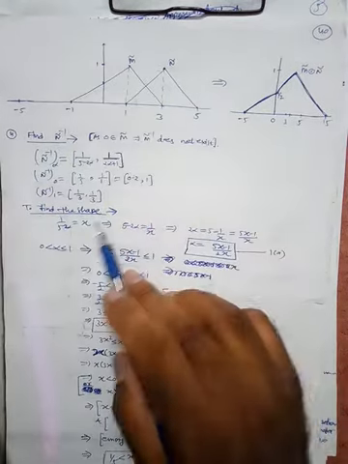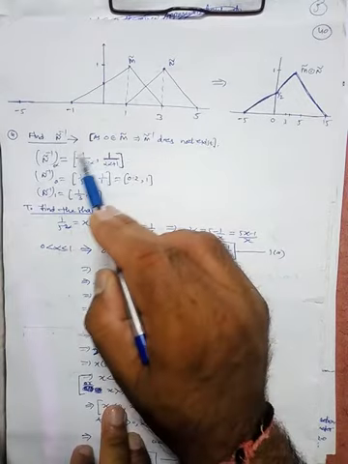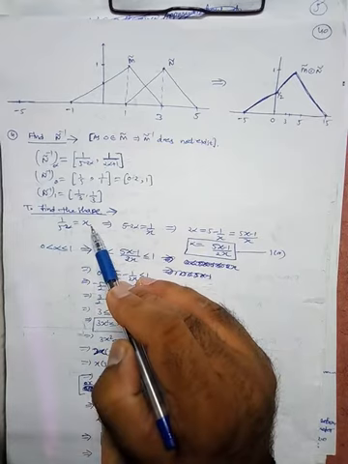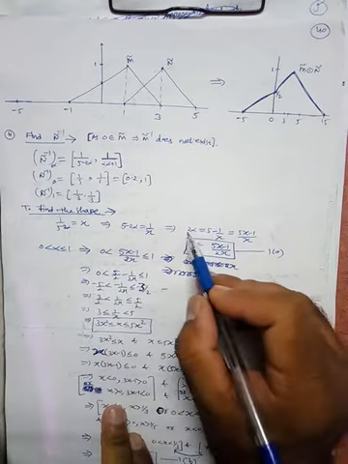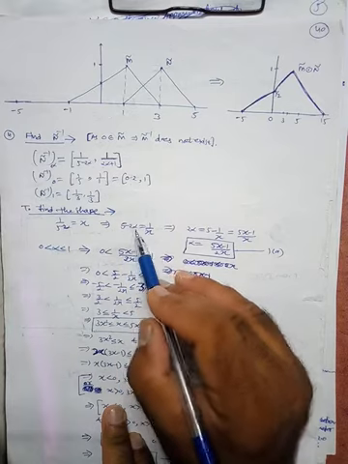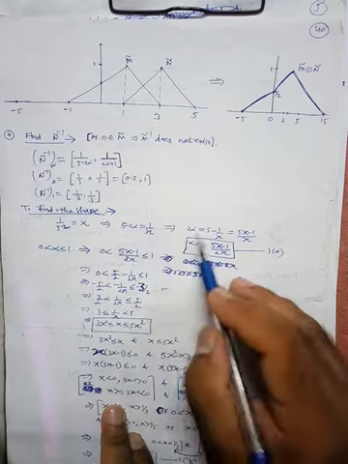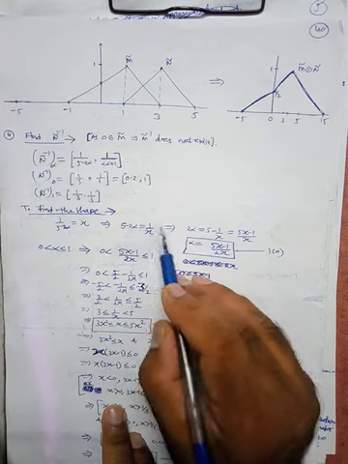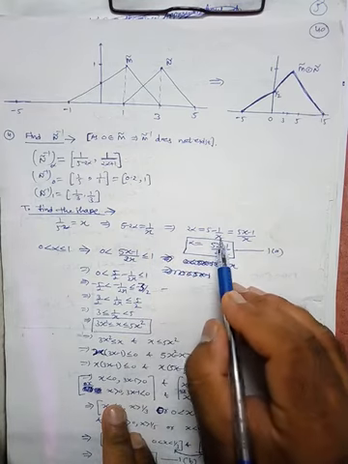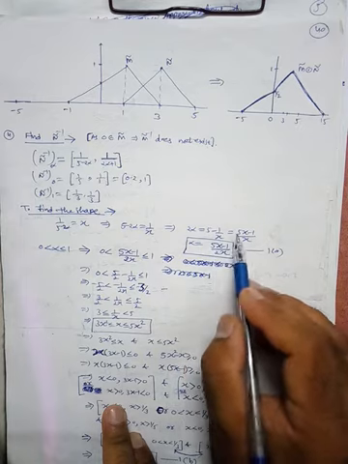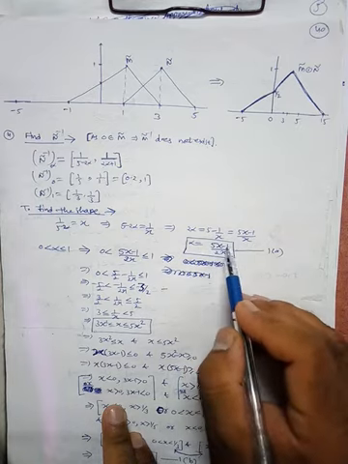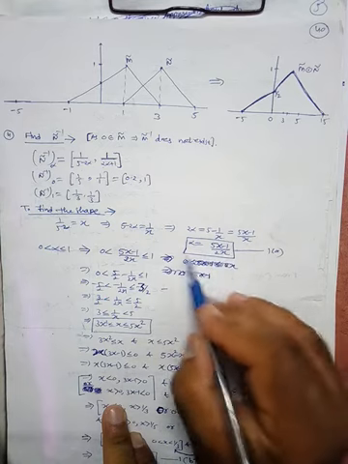Now to find the shape, put this value equal to x: 1 by 5 minus 2 alpha is equal to x. From here we can find alpha. When you simplify, 5 minus 2 alpha will be 1 by x. Take 2 alpha on the right hand side and 1 by x on the left hand side. So we get 2 alpha is equal to 5 minus 1 by x, that means 5x minus 1 by x, and so alpha will be (5x minus 1) divided by 2x. So this is alpha.